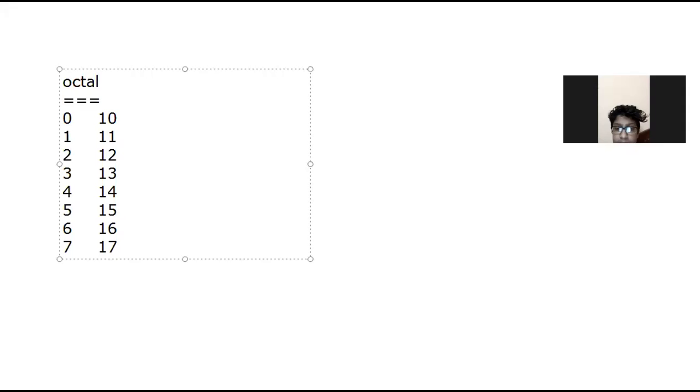So when you look at this, you have to understand there is a different base. Base means how many digits are there in a number system. The decimal number's base is 10, whereas the binary number's base is 2, and the octal number's base is 8. So when I write 1, 7 base 10, that means it's a decimal number. But when I write 1, 7 base 8, it is the octal number.